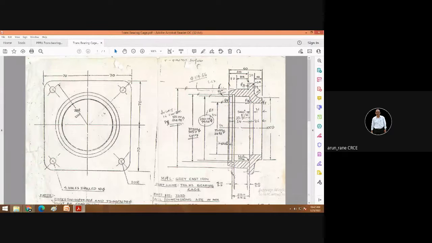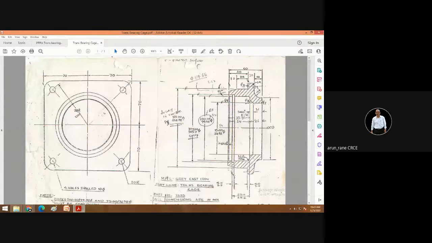But this is provided the quantity is less. If the quantity is more, then obviously you have to go for casting, and in casting also you can keep 2 millimeter extra all over for machining alone. But whenever you are going for casting or extrusion or rolling, in that case what you need is a die, isn't it? So you have to invest in the die cost.